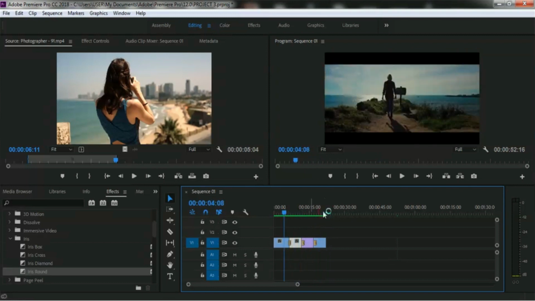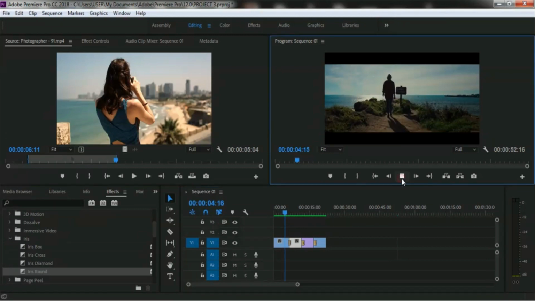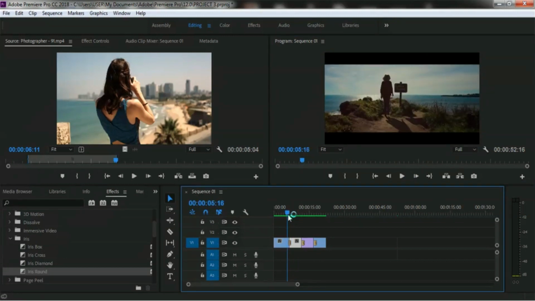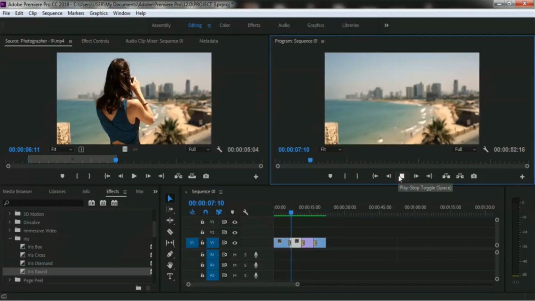This is our first video clip, and paint splatter transition is added to our first video clip, and I want to customize this paint splatter transition in here. So let me play and let me show you the effect of paint splatter transition. I'm playing here. You just saw it's rapidly ending. Let me play it again. The transition is ending so rapidly, and I want to increase the duration of this transition,